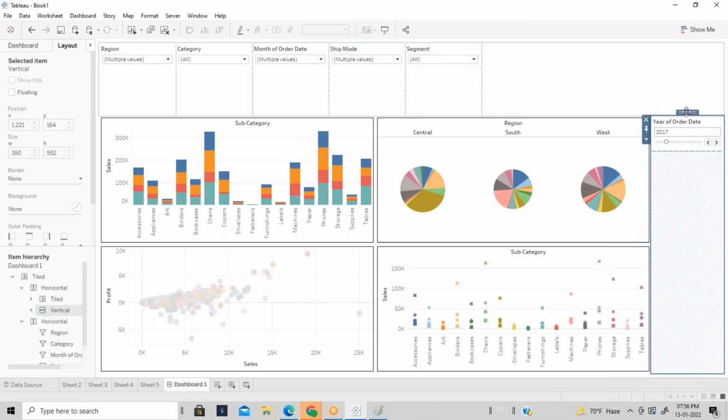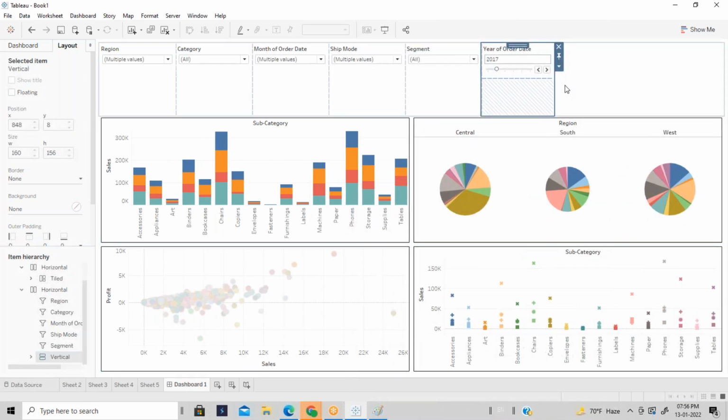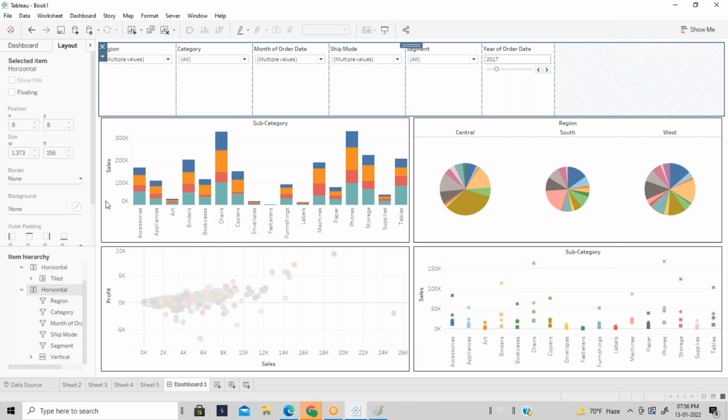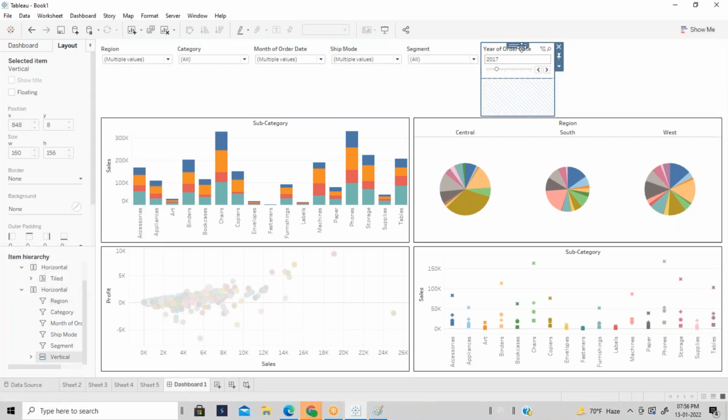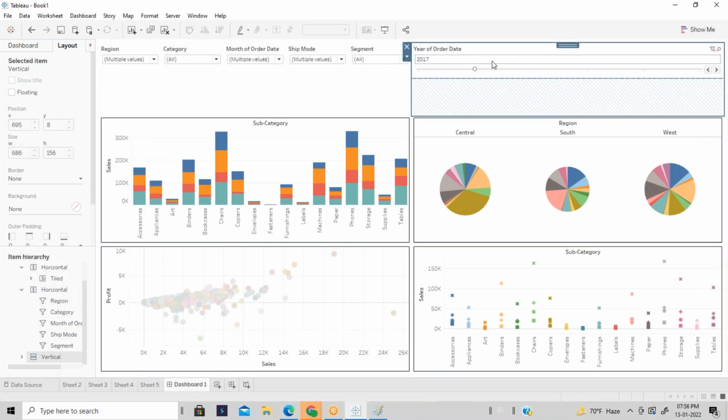Okay, so let's take this as well here. Okay, so then some extra space is there. So go here, horizontal. Oh, the date is not added.